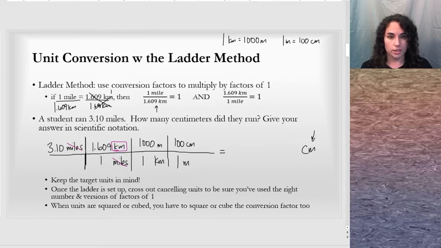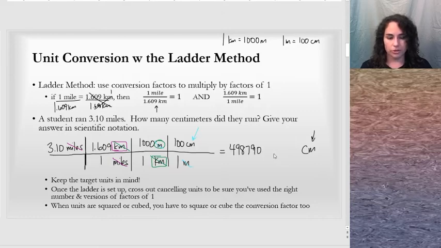I'm going to finish this out, canceling units. Let's see. This kilometer cancels with this kilometer, and I'm left with meters. And then this meter cancels with this meter, and I'm left with centimeters, which is exactly what I wanted, to get from miles to centimeters. All of the other units canceled in this multiplication. So I'll end up with centimeters. When I multiply through, you can plug this into your calculator. You get